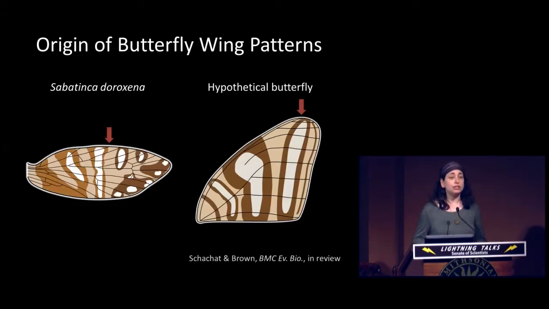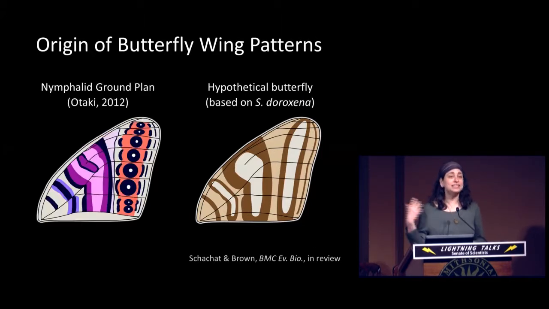So this is my result if I plot the wing pattern of Sabatinca doroxena onto the wing of a hypothetical nymphalid butterfly. And this is the nymphalid ground plan, which shows the essential elements of wing patterns in butterflies in the family Nymphalidae. And as you can see, these are very similar, which suggests that this relationship between wing pattern and wing venation can be very helpful in allowing us to reconstruct the evolution of all of these wing patterns, because it controls for changes in wing size and wing shape and allows us to compare the patterns of tiny